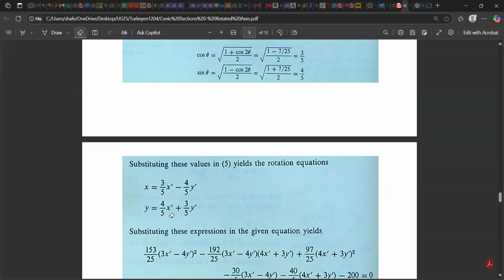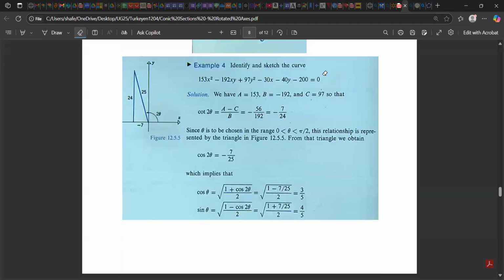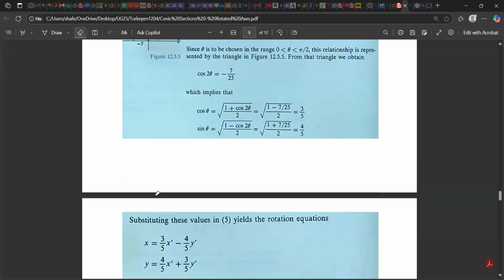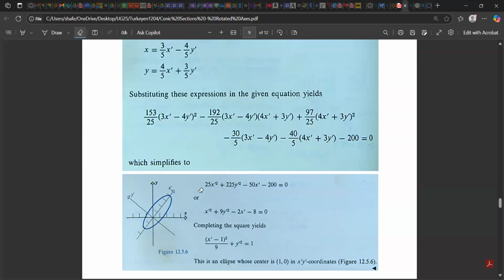the rotation equation. x is this, y is that, and you're taking this now and putting it in this equation. Why that complication? What's the algebra here? Well, don't ask me to do the algebra. This simplifies to this here. Further, you can divide through maybe by 25, and you get this here, which when you rearrange it gives you this,